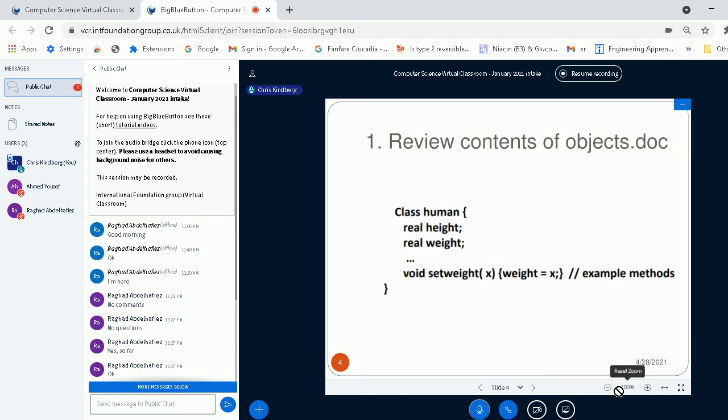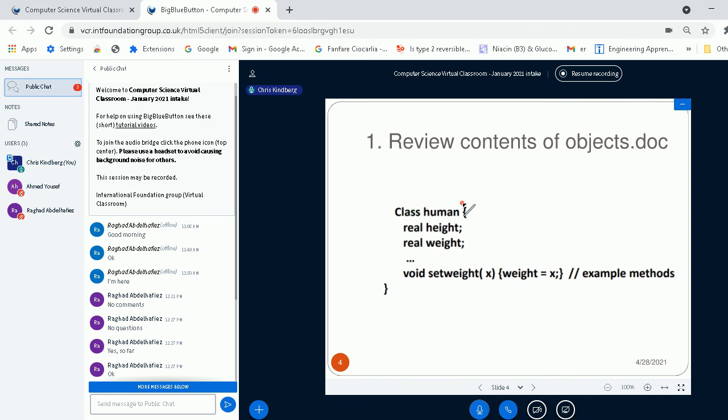Before I do that, I'm going to quickly review the contents of the objects.doc. Just to remind you again, you write a class with the word class followed by a name and curly brackets.